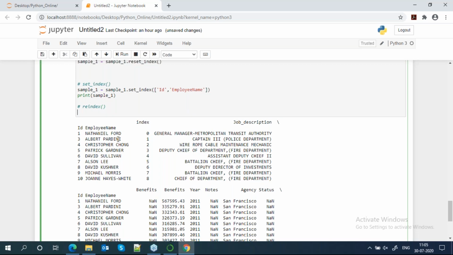So we are setting the index for two columns, like ID and employee. What about the job description? Yes, that also you can keep as an index. I can give a separate index for each column. Yes, you can do that.